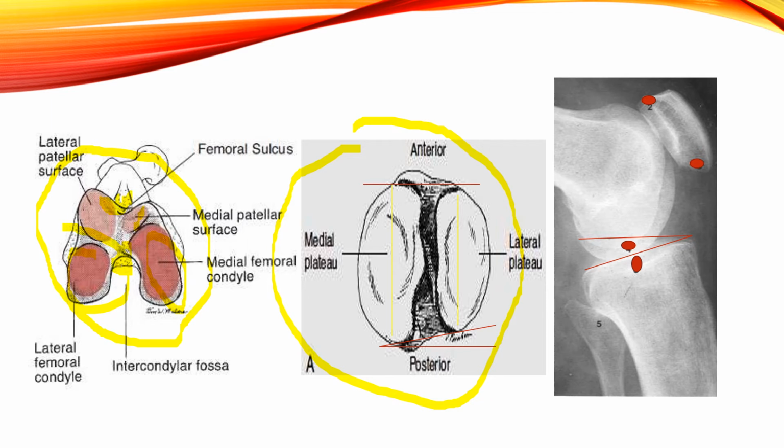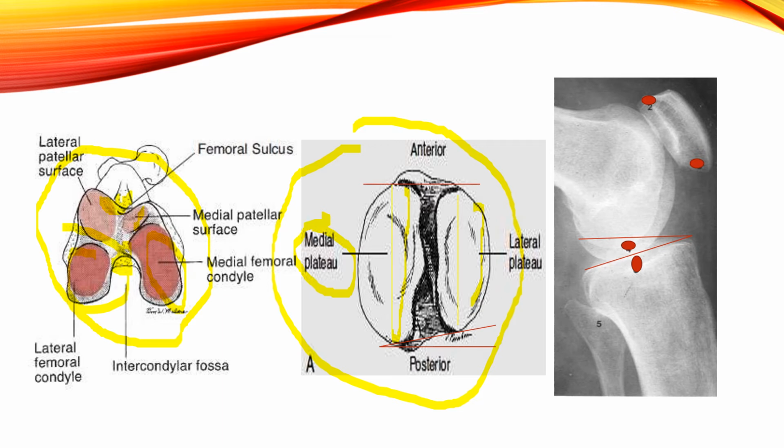If we look at the proximal part of the tibia, which will articulate with this part of the femur, you have two plateaus, one medial and one lateral. This is the anterior aspect and this is the posterior aspect. The posterior aspect has some slope, which I have represented with these two lines. You can see the medial plateau is very wide or lengthy compared to the lateral side, and because of this, in a slide or two I will tell you about the screw home mechanism. This length will help you understand why the screw home mechanism occurs.